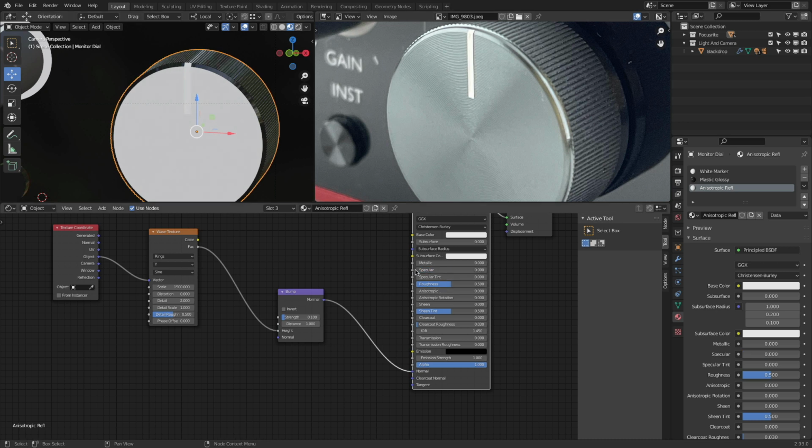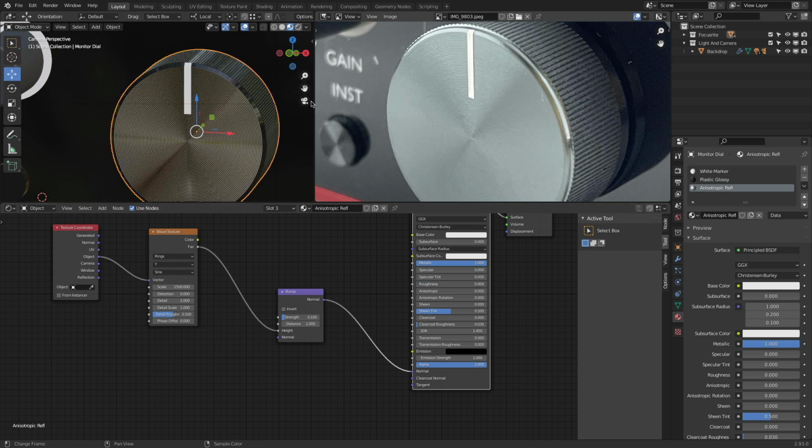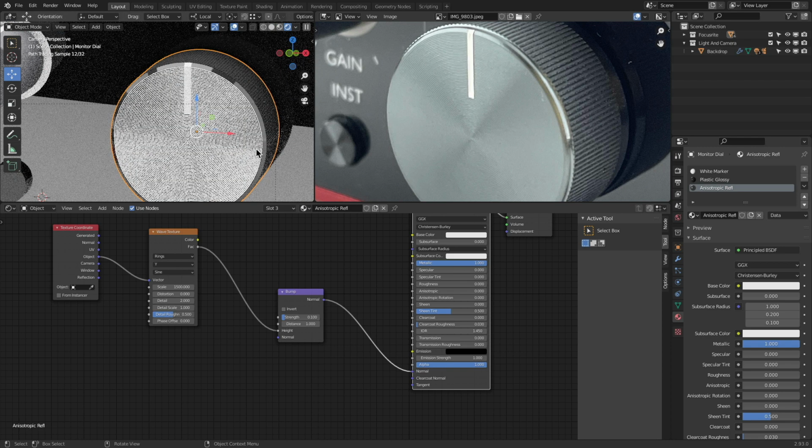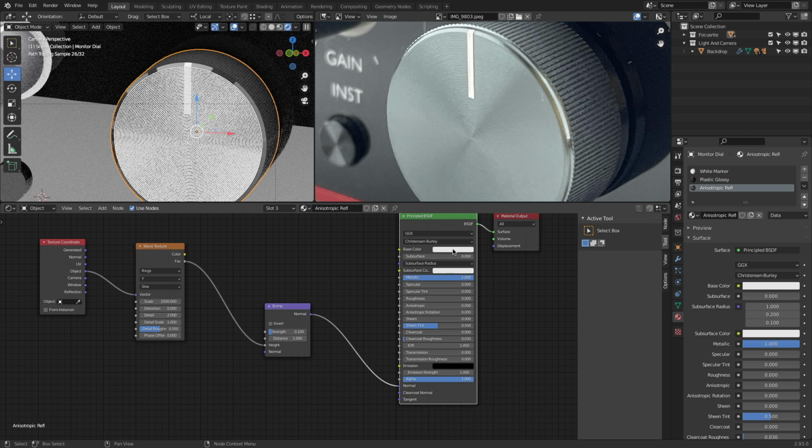So this should be a metal, so metallic, roughness down. Oh, look at that. There we get it already. And this is basically, we're simulating the physical structure, and then this way we get that effect. When we do a rendering, this is a